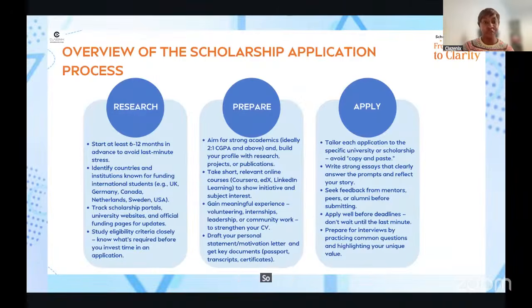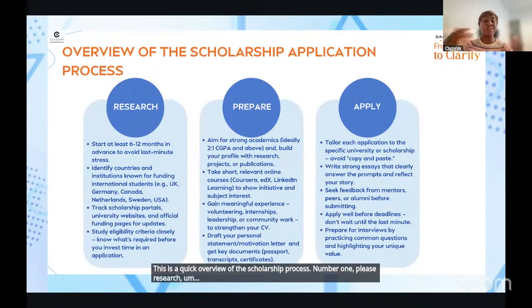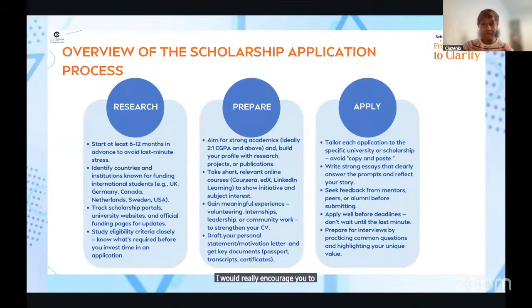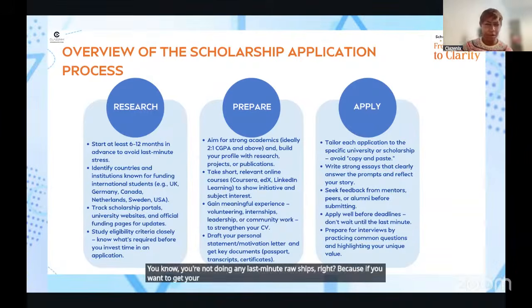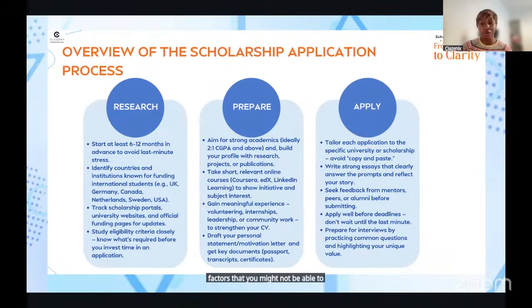So just to summarize, this is a quick overview of the scholarship process. Number one, please research. I would really encourage you to start months in advance so that you are not doing any last minute rush, especially because if you want to get your international passport, those are external factors that you might not be able to manage or control yourself.